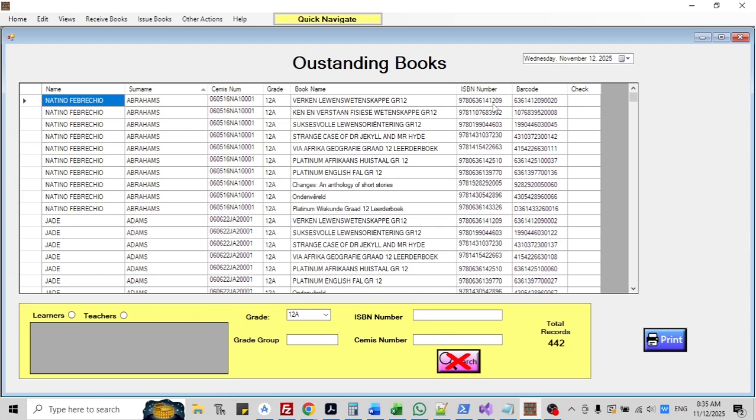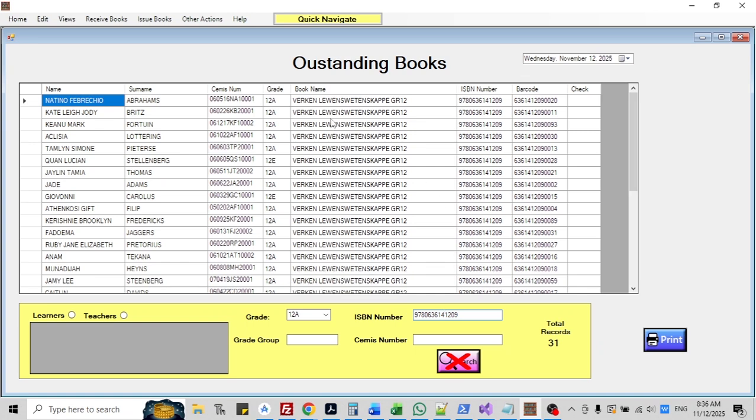Although they're not going to use them that day, they must still carry them with them for the book check. So what we will do is tell them in advance, listen, tomorrow we're going to check the life sciences book now for your class. So I click on the ISBN number, I press Control C again, I click it in here, and there are all the life sciences books.